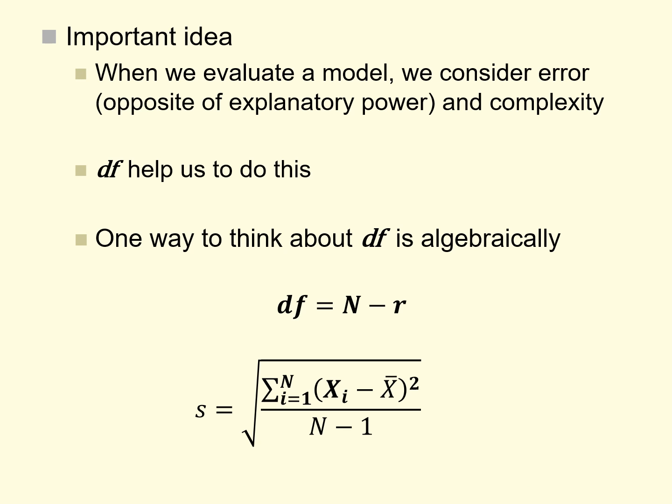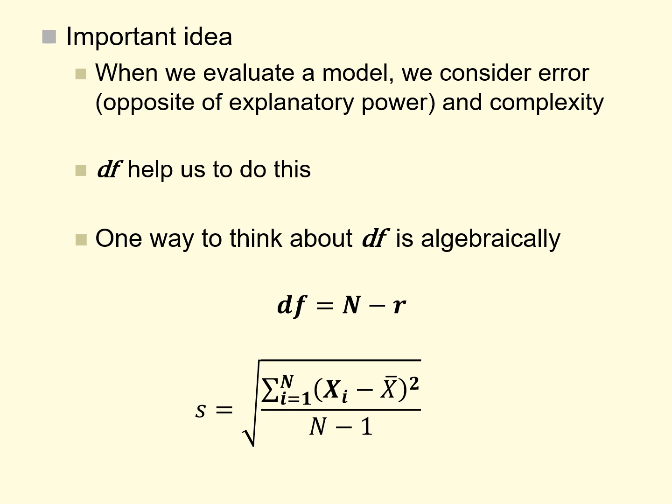The important idea here is that when we evaluate a model, we often consider error, which is just the opposite of explanatory power, and complexity. And degrees of freedom are this way of considering error and complexity, or explanatory power and parsimony. One way to think about this is using degrees of freedom, and we can think about degrees of freedom algebraically